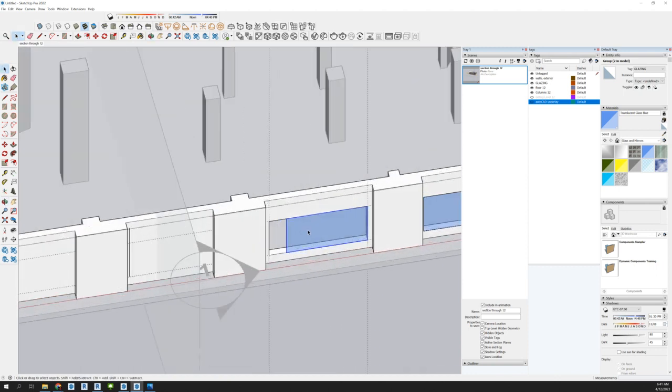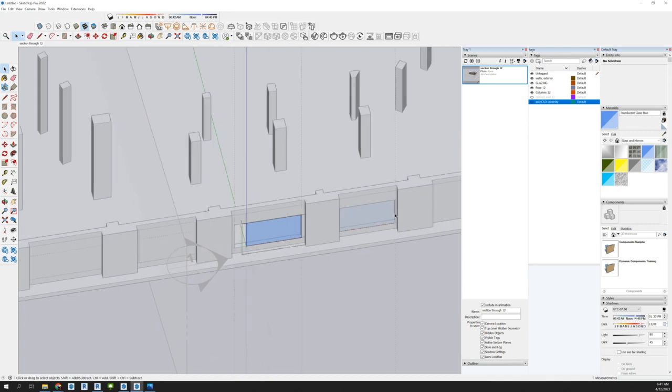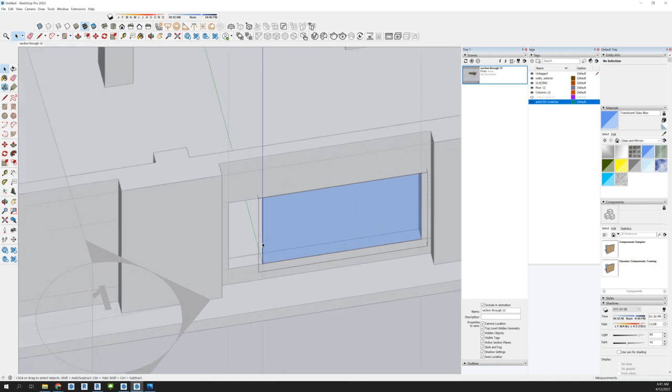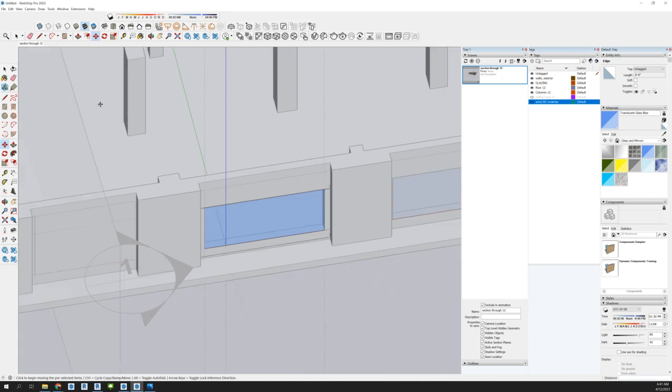In other words, if I modify this group, it's not going to change the instance of that one. So I'm just going to take this edge, move it to fill that space,